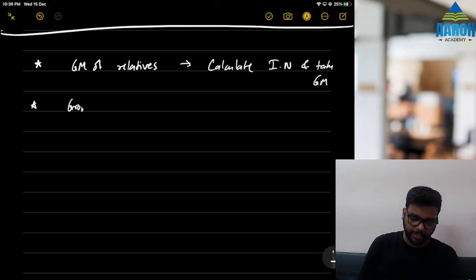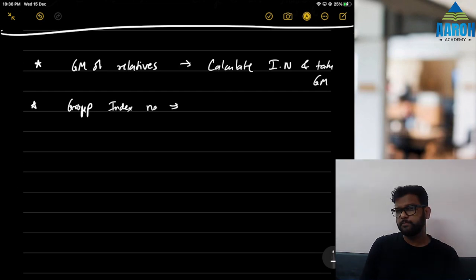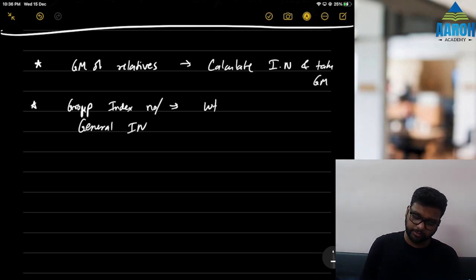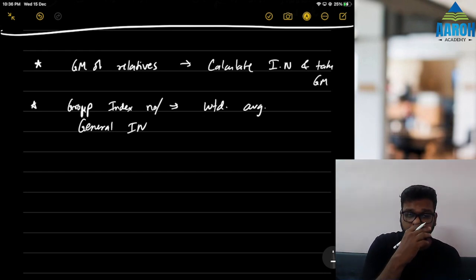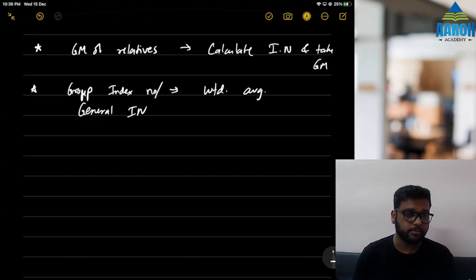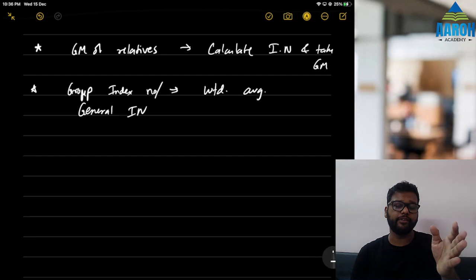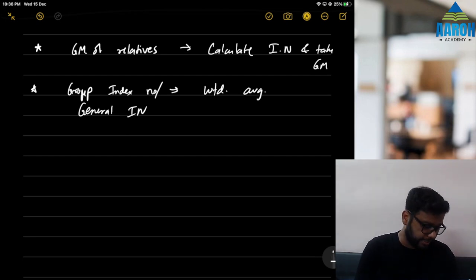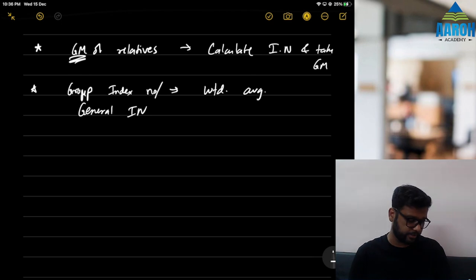If they ask group index number, what should you do? Those who have done question bank will know this. Group index number or general index number. Then we just have to take weighted average. That's it. You don't need to remember any of this. Based on the data given in the question, you should interpret what is asked. Generally they ask anything in index numbers which are not the methods given in module. But from the data, you can see, okay, weights are given, that means you have to calculate weighted average. Or they are saying GM, that means you have to take GM. Fine. Then you should remember some other things like